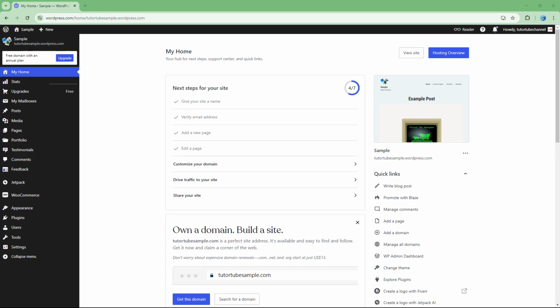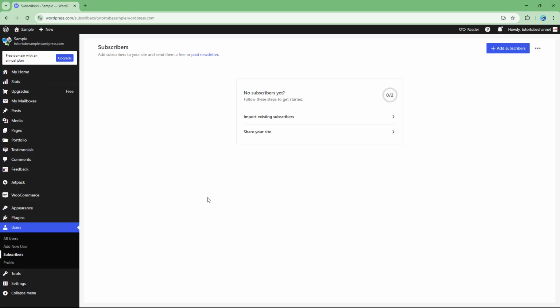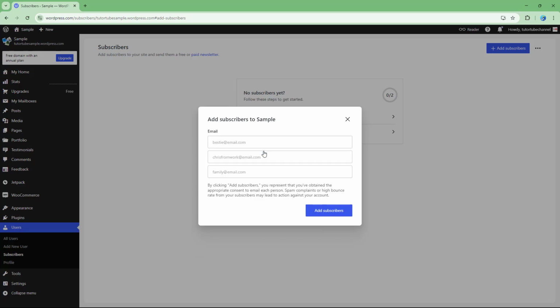If you want to go ahead and add subscribers to your WordPress site, then you can actually do that in the users section as well. So now if you were to go onto the users section, you can see that subscribers is an option. And here you can see that right now there are no subscribers. So what you can actually do is import existing subscribers as well, or add in subscribers manually